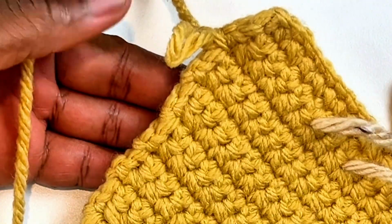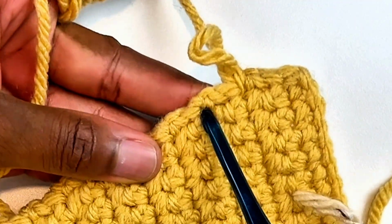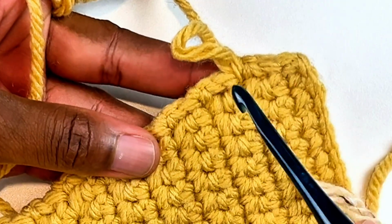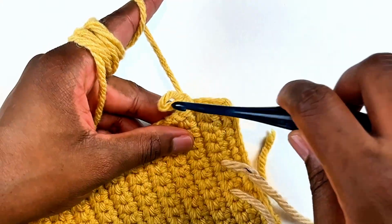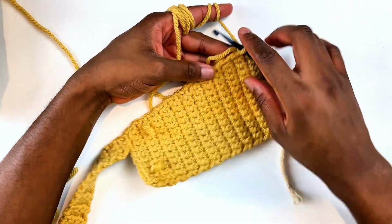This is how you make it so it looks nice, because if you make one here and you just jump to this one without making a single crochet here, your work won't look nice. So you need to follow it accordingly. So that's basically where we are going to be making our single crochets, and for this one, we'll make